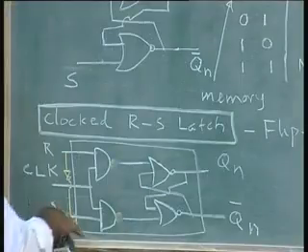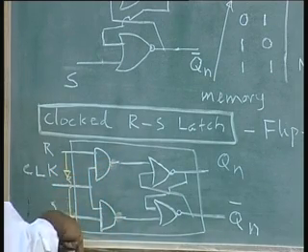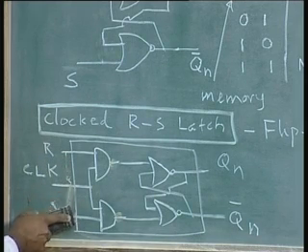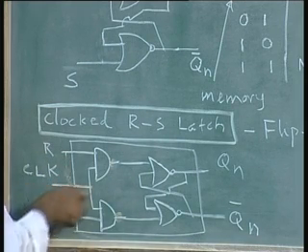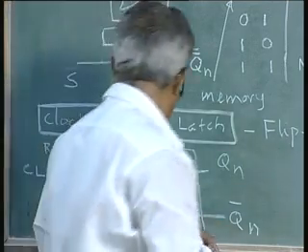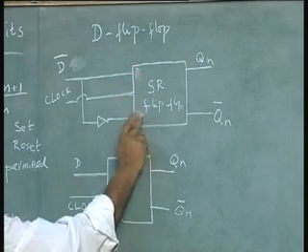I just want to show you what will happen. I am going to leave this circuit alone where you had it in your notes, and make the change here. I am going to call this S, I am going to call this R,